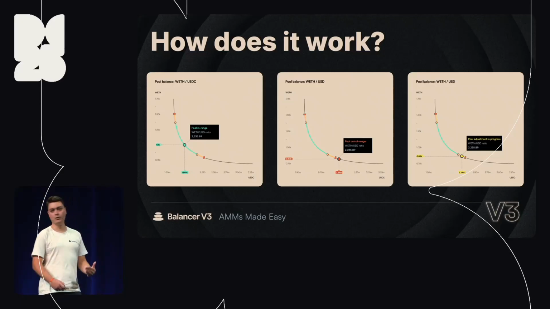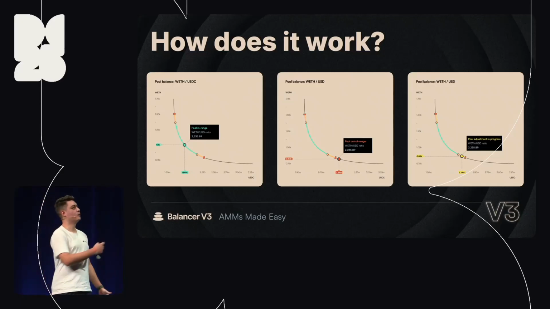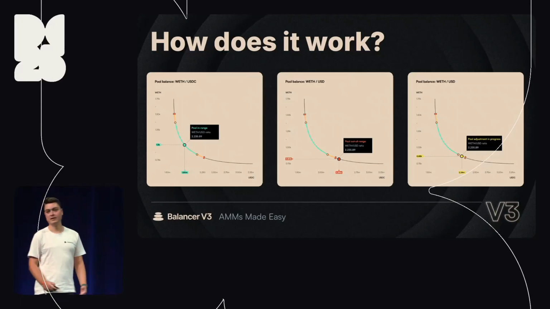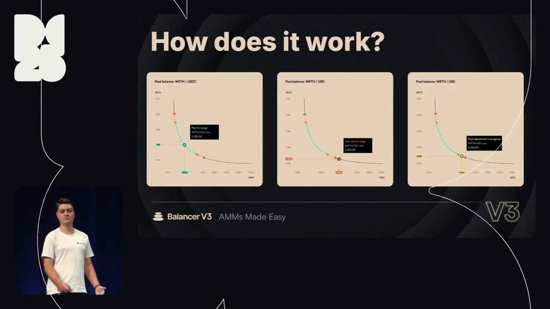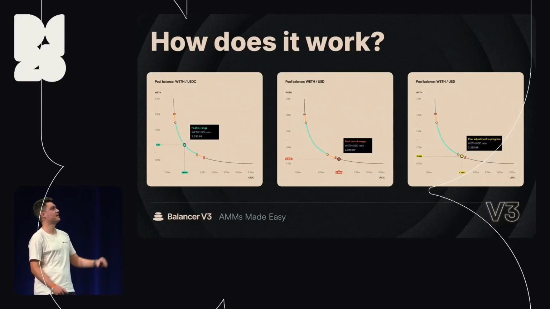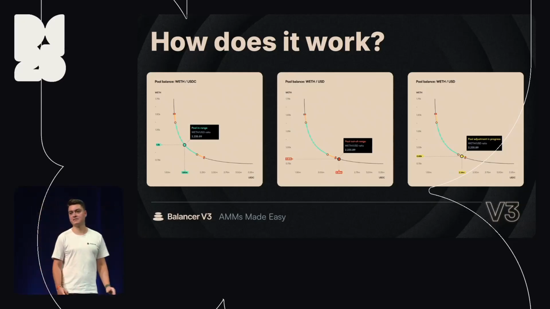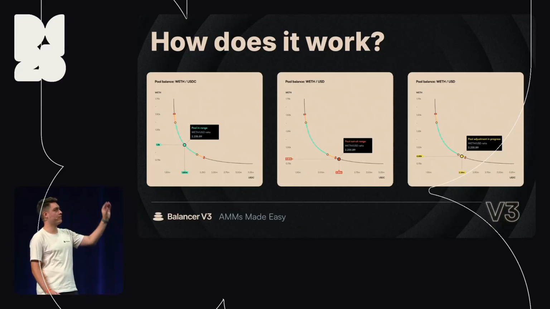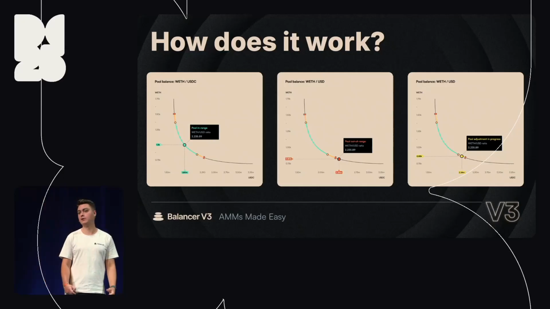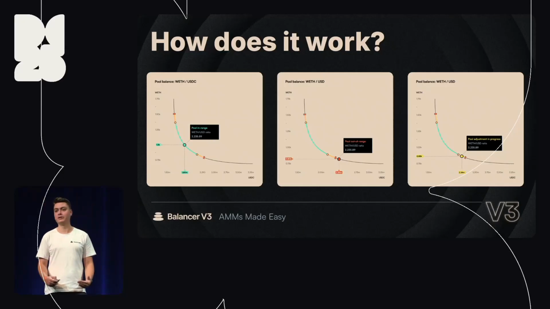This can happen over and over again, and hopefully over the long run, if the pool is well designed, if the pool is well simulated, then you have good pairs, and the pool will stay most of the time within the margins, because that's where you have the most capital efficiency. If you are outside the margin and the price ranges, then you don't have that much capital efficiency. You're actually trying to figure out what the price of the market is.